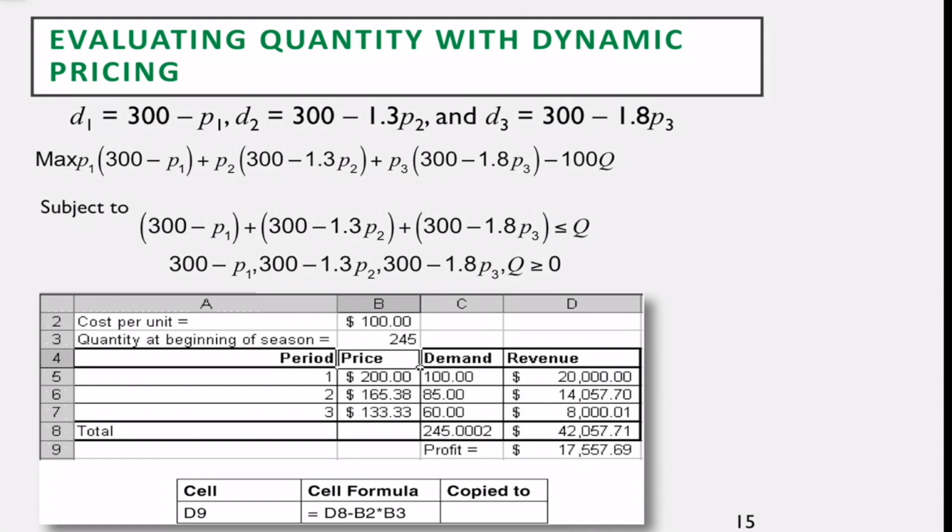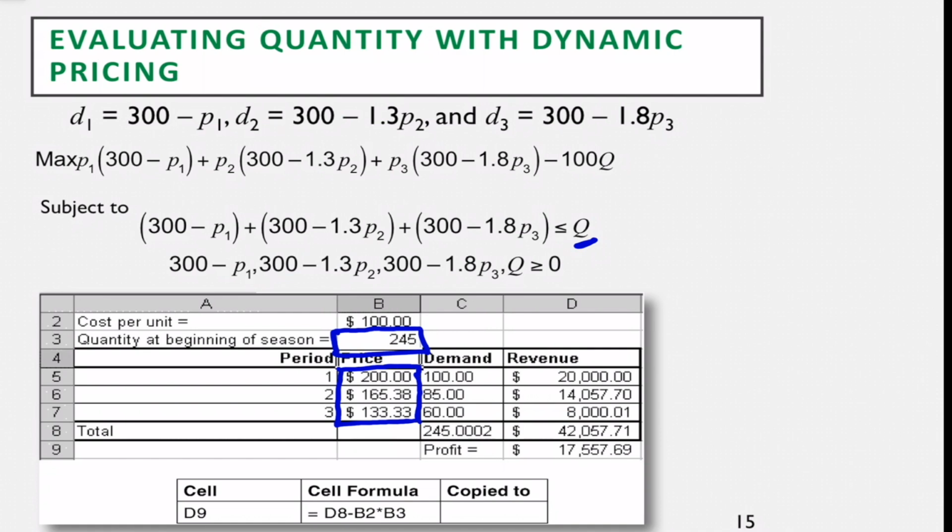Instead of having quantity Q as 400, suppose we make that also a decision variable. Basically, we can also figure out how many jackets the retailer should purchase at the start of the season to maximize profits. So based on this, we find that the optimal quantity is 245, and then they can be priced at $200 for the first month of the season,